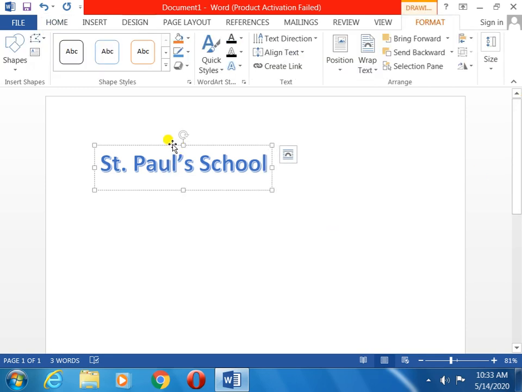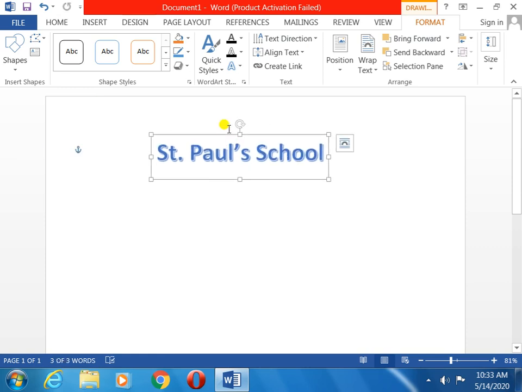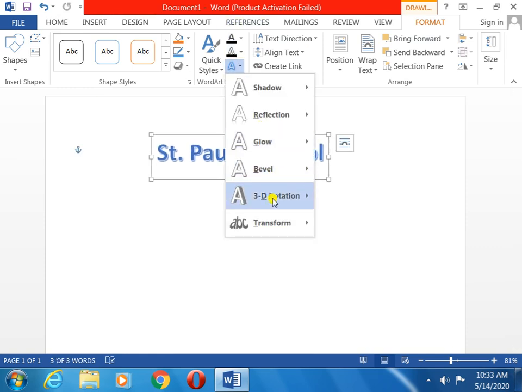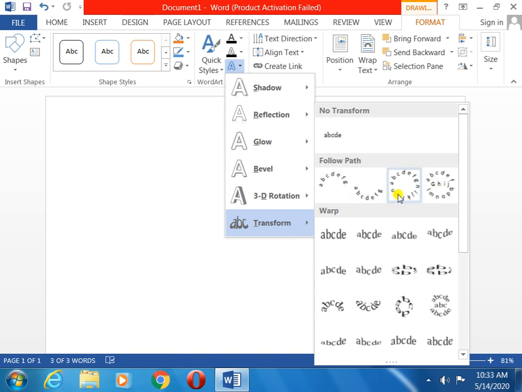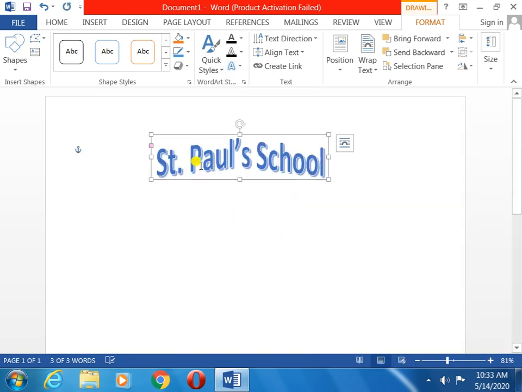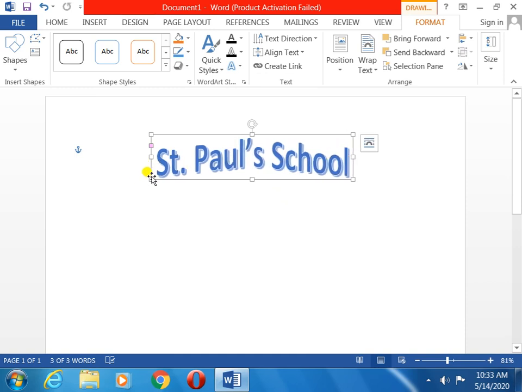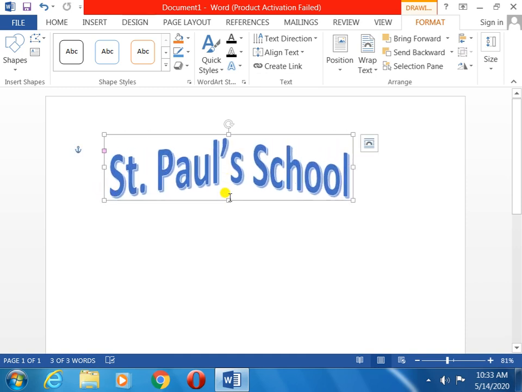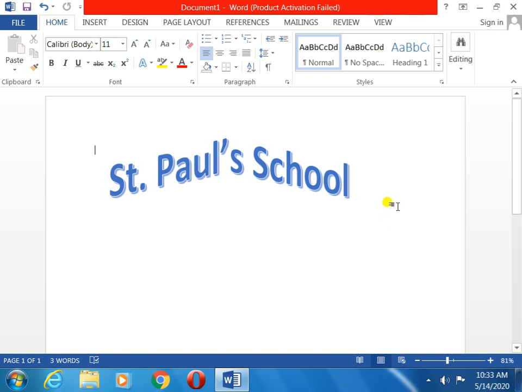Now I have shown you the text effect. You will select, go to transform, and plenty of options are there. If you want to increase the size, pull it. This pink color I will make smaller.